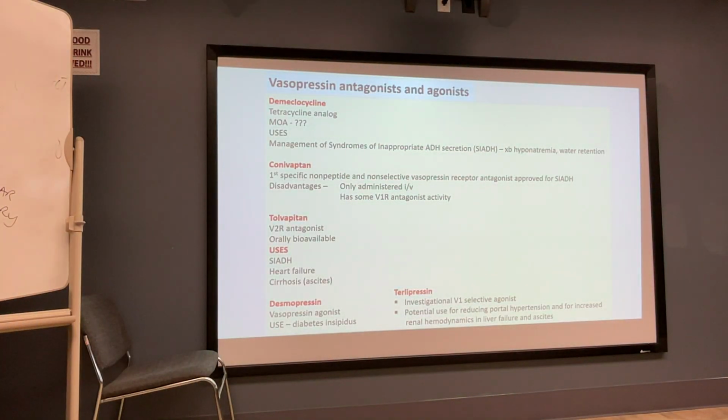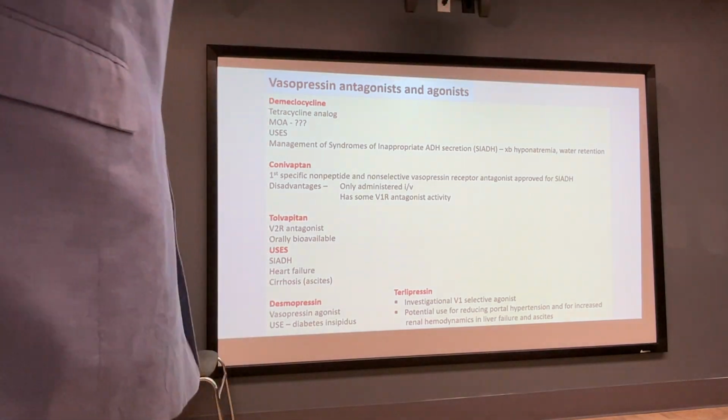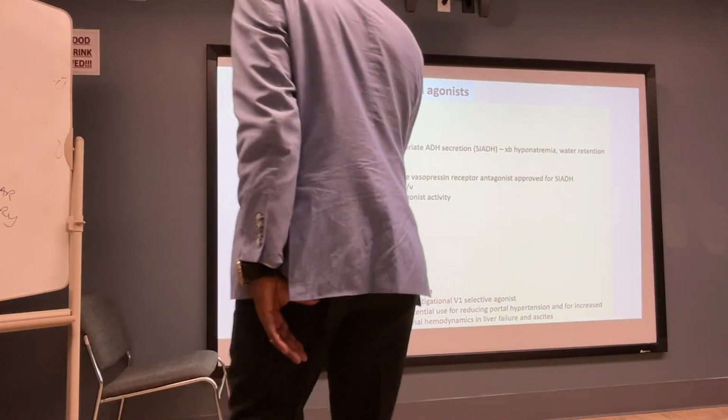And there's the V2 that's located in the collecting duct. One is responsible for contraction, the other one is responsible for water reabsorption, antidiuresis. Is that clear to everyone? So once we know what V1 is doing and what V2 is doing, that makes it easier for us to now say,